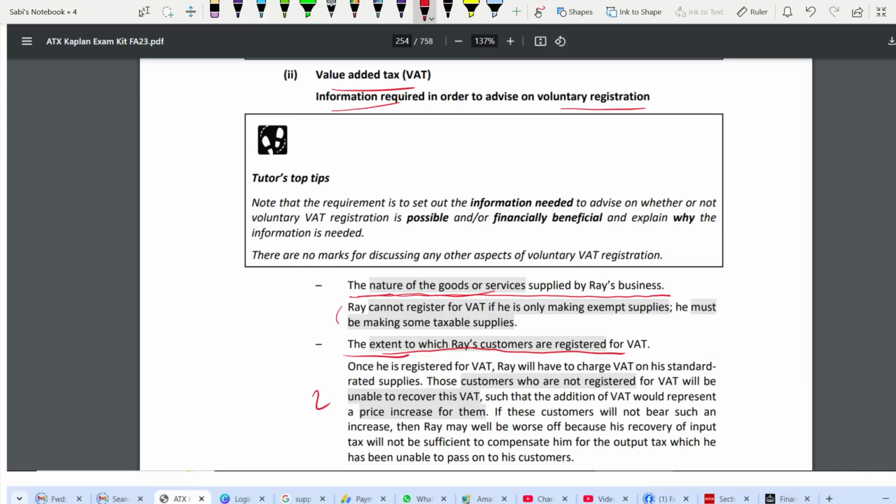First information you need is the nature of goods and services. Why? Because if you are only making exempt supply, you can't register for VAT. You have to make some taxable supply for you to voluntarily register for VAT. Number two,